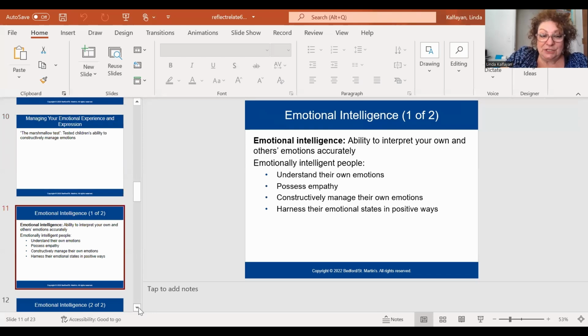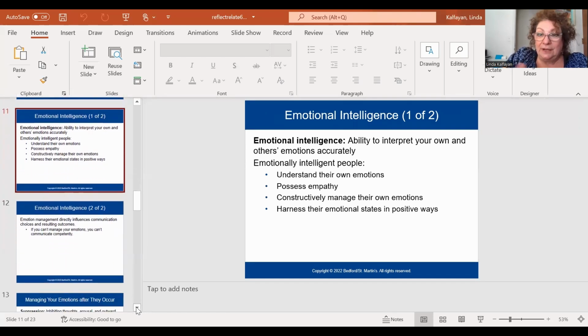Emotional intelligence, I brought it up to you prior, and here it is on your PowerPoint, is the ability to interpret your own and others' emotions accurately. So how do we do this? Understand your emotions or their emotions. People get upset and you can't tell someone not to be upset. So you want to work through it. Yeah, I understand. There goes your empathy from the previous chapter. I understand you're upset. We need to know why you're upset.